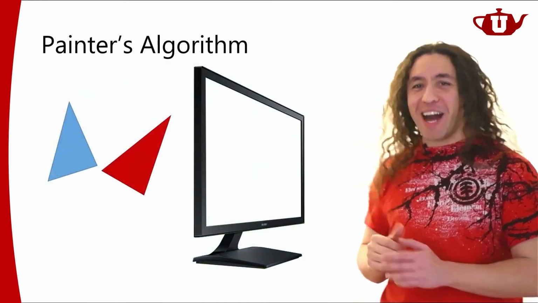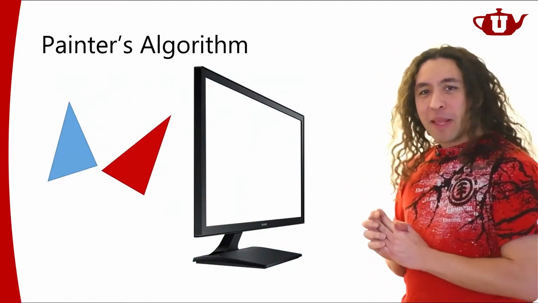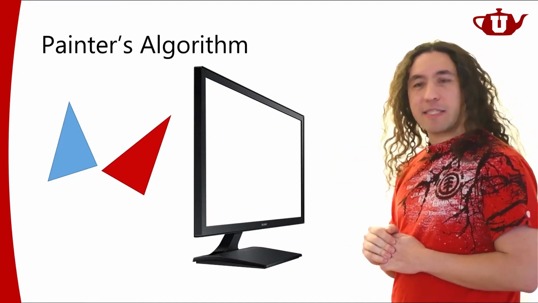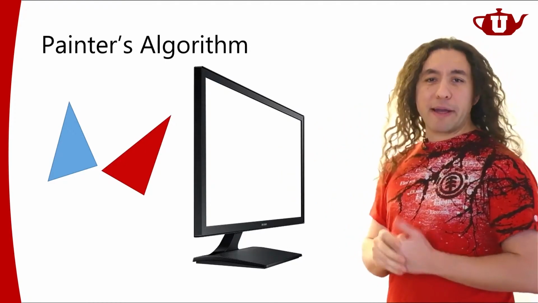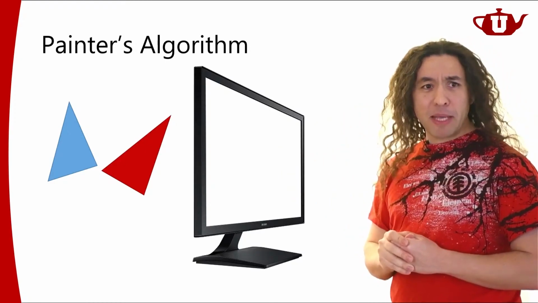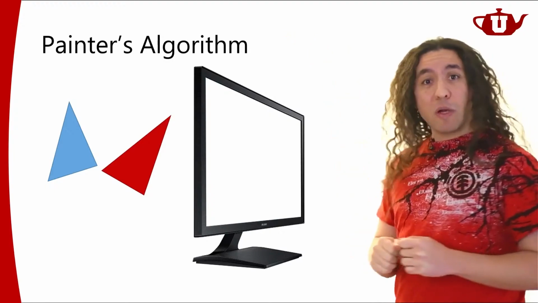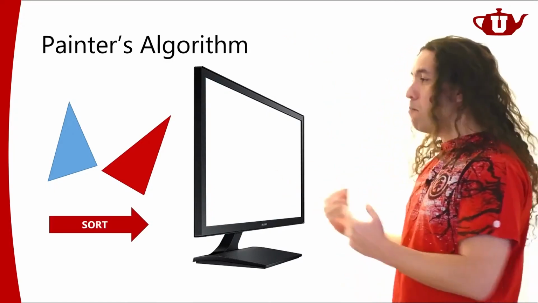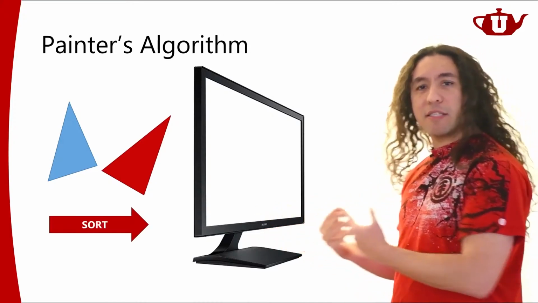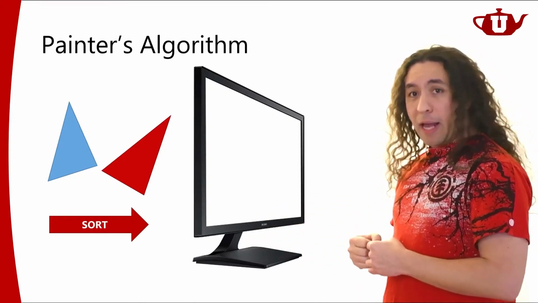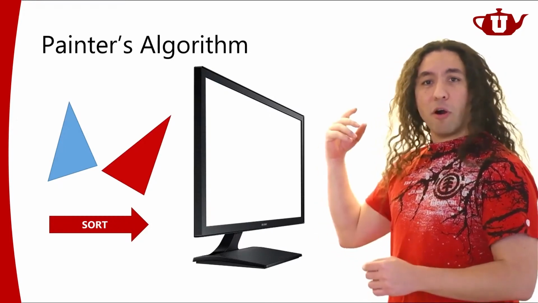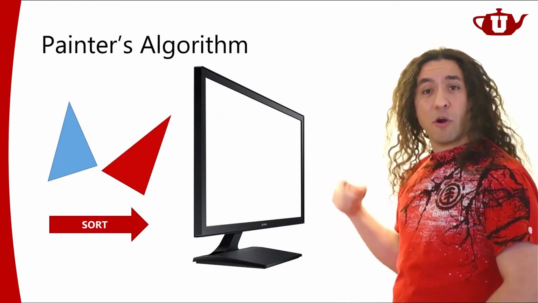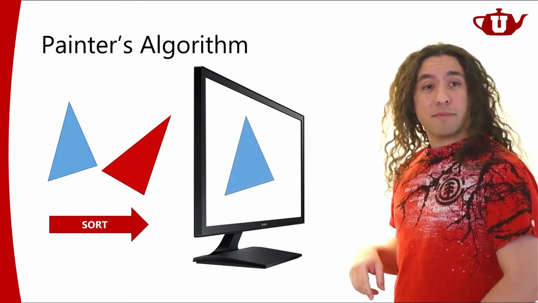Now let's put this in the context of computer graphics. How does that work? Well, let's say I have this very simple scene, and I'm going to generate an image with this very simple scene. In this scene, I have two triangles. Fairly simple scene, I would say. So the painter's algorithm will begin with sorting these triangles from back to front based on their distance from the camera. And we're going to follow the painter's algorithm and draw things at the far end first. That is, we will first draw the blue triangle.